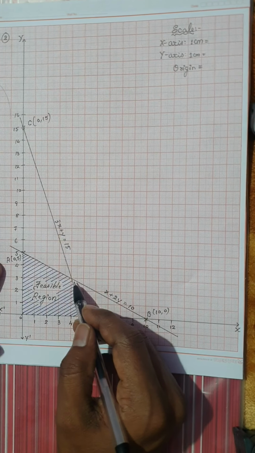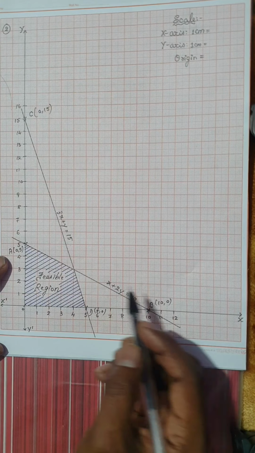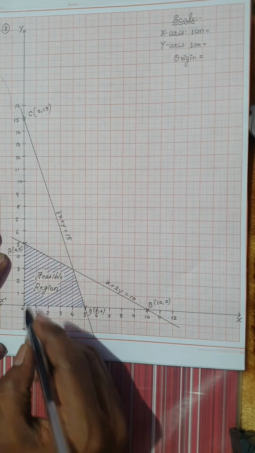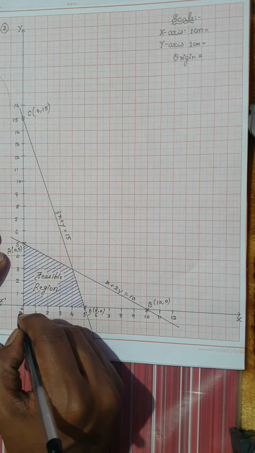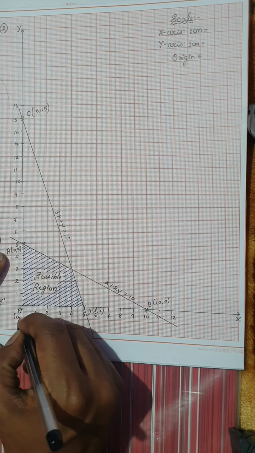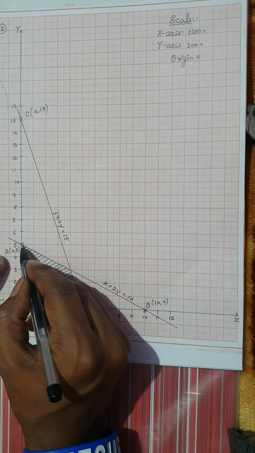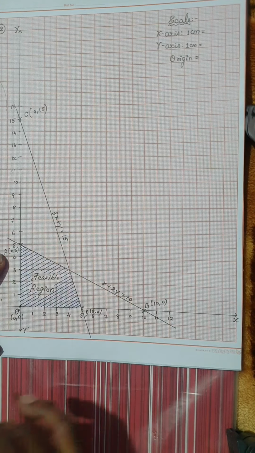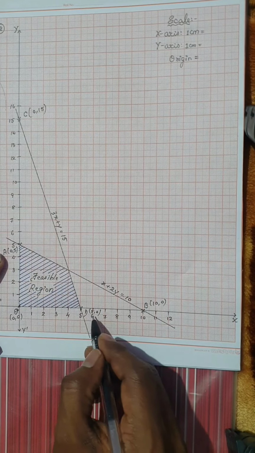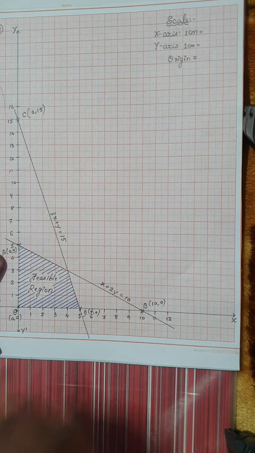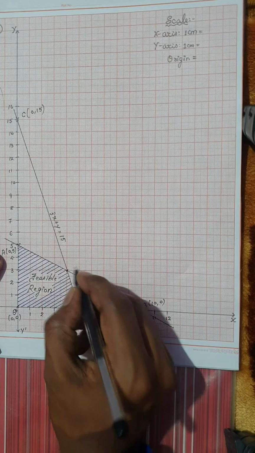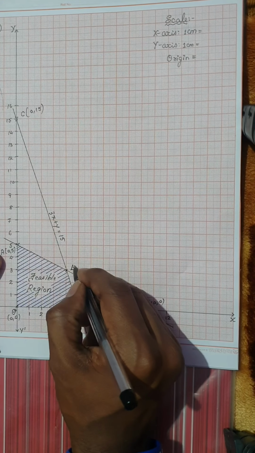Once you have found out the feasible region, you can find the corner points. So the corner points are, one point is origin, I can write it as O, that is 0, 0. So one point is ready for me. The other corner point is A, that is 0, 5. That is also ready. And there is another point D, which is 5, 0. That is also there. Now I want to find the point, let me call it as point E.